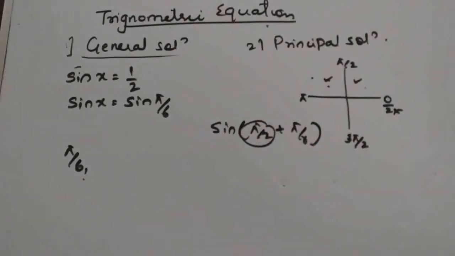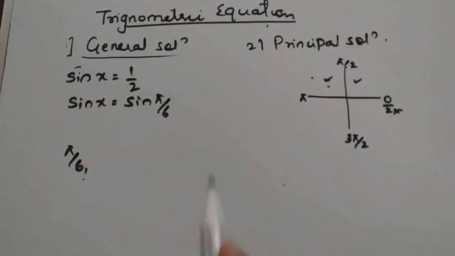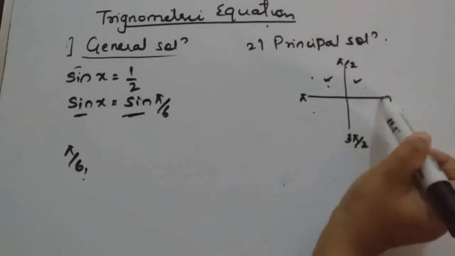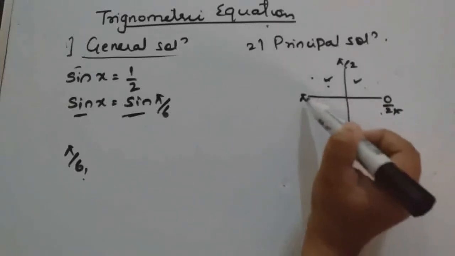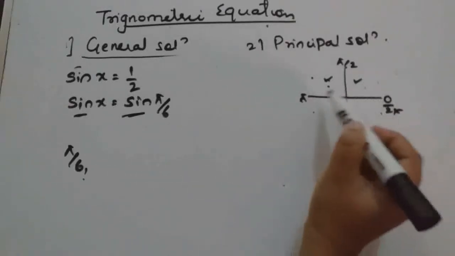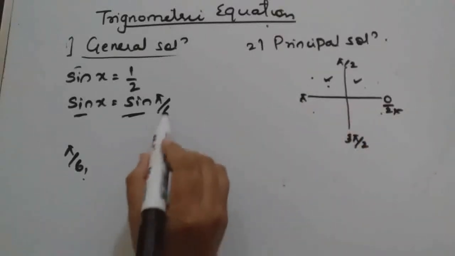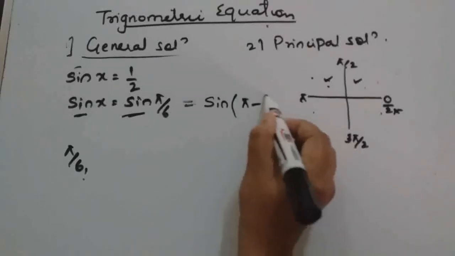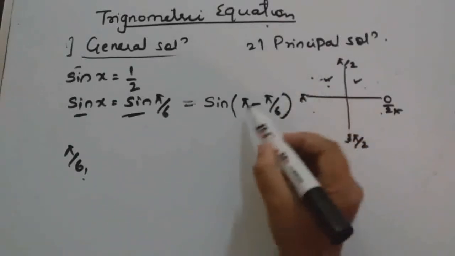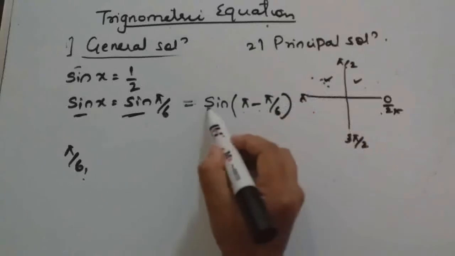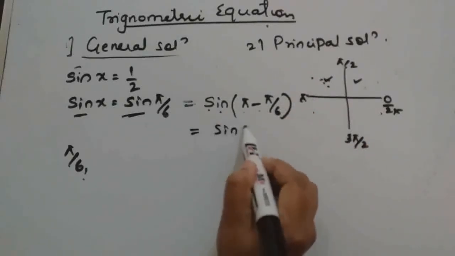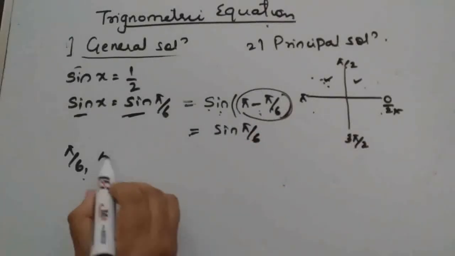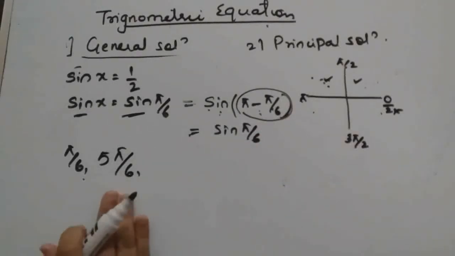Always remember, whenever you have to find a solution with the same trigonometric function, it is either pi plus or pi minus something, or 2 pi plus or 2 pi minus something, because at pi the value won't change. So how can we get sine pi by 6? Sine of pi minus pi by 6 also. Pi minus pi by 6 means second quadrant, where it is positive, so this value will again be sine pi by 6. But this is 5 pi by 6. So 5 pi by 6 is also one of the solutions.